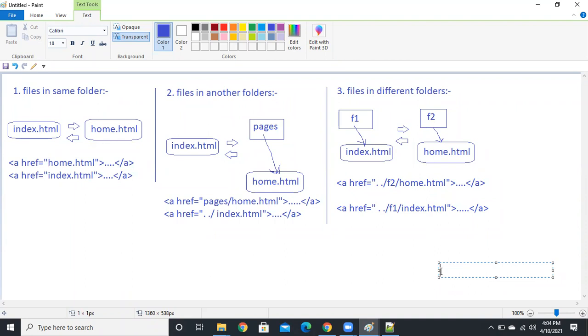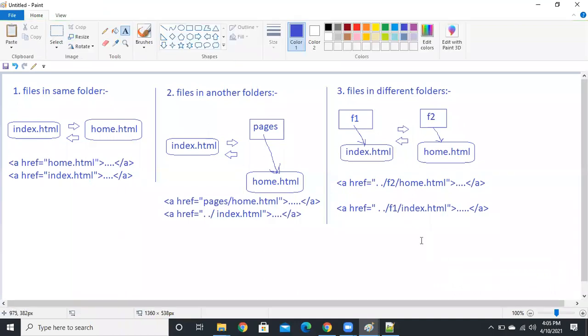You also. Create F3 inside F2 and then navigate index to home and home to index.